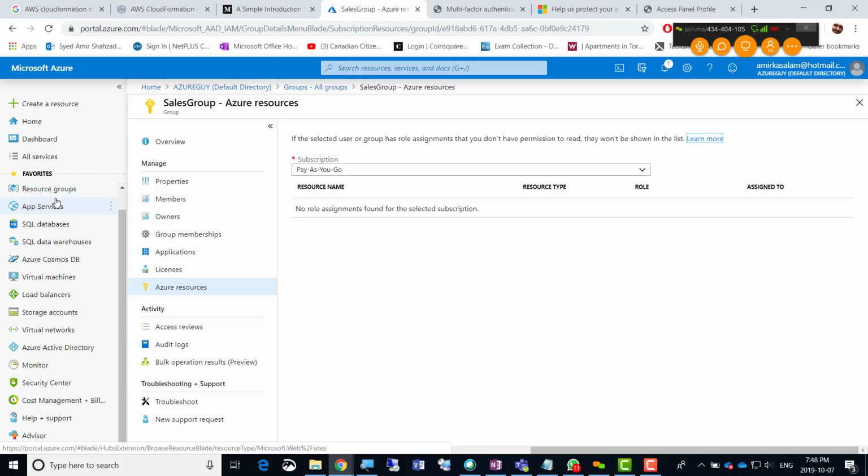So there are many resources here like app services, SQL databases. We don't have SQL databases. Virtual machines, we don't have that. Load balancers, storage accounts, we don't have those as well. And security center, then it comes down to all the security services. So how about we keep the group there, although let's go back to groups and all groups here,